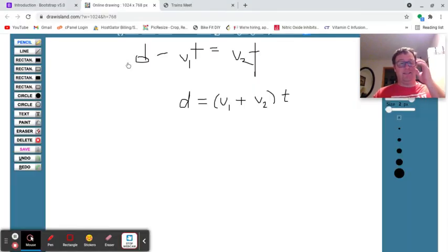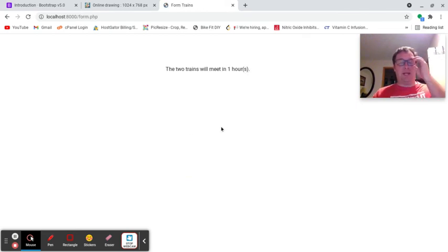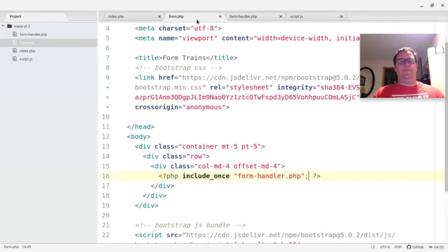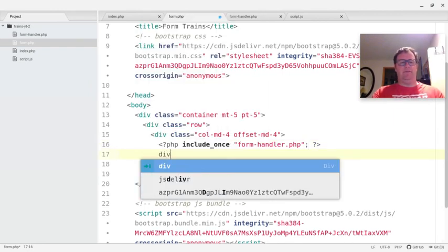Okay, let's test this and see where we're at. So we're going to refresh everything. What is the speed of train 1? Let's say 40. Train 2 is going at 60. How far in miles are the trains apart? Let's say 100. Okay, so it says the two trains will meet in 1 hours. Okay, so now under here, what I'm going to create is another div, and we're going to have